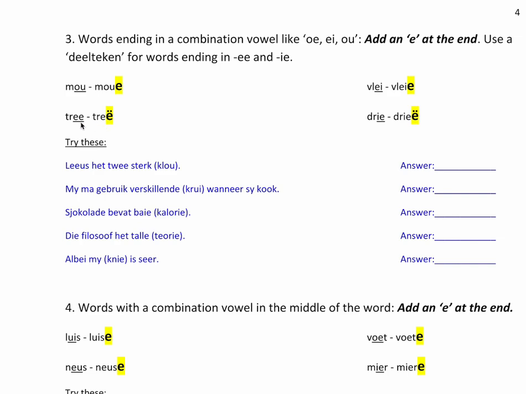Then it becomes tree. How do we pronounce that? Tree. Vlei becomes vleie. Can you see it's 2 different ones? But drie, remember we have the double E and the IE, becomes drie. But then this sound is a sound, so you have to add it after. Otherwise, it's not spelled correctly. So it would be drie,